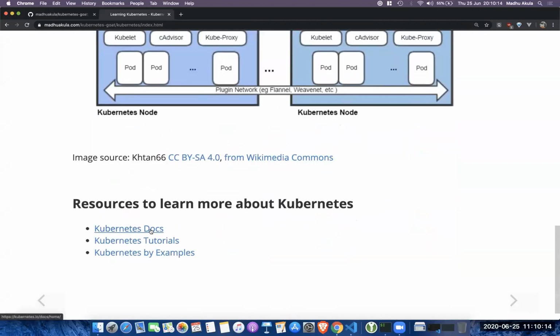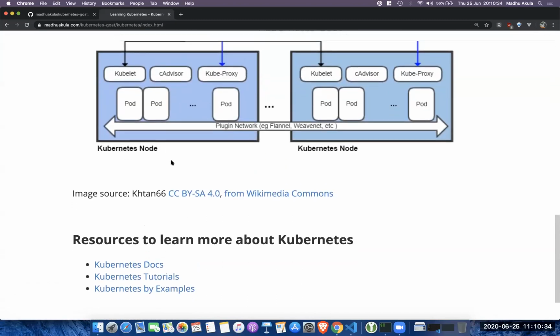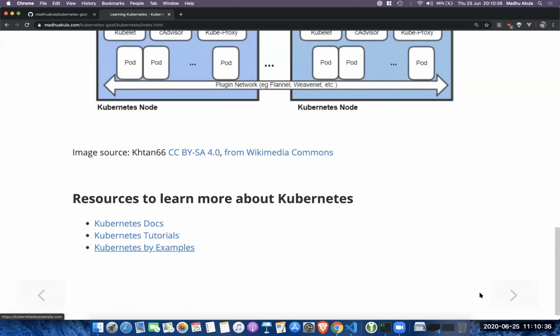Some of the resources I have kept, if you are getting started with Kubernetes, are highly recommended. To get started with Kubernetes, there are the Kubernetes docs as well as some tutorials by Kubernetes itself. These are pretty hands-on. You can try them in your browser to get started understanding, with examples of each object or component in Kubernetes and what exactly it is, right.